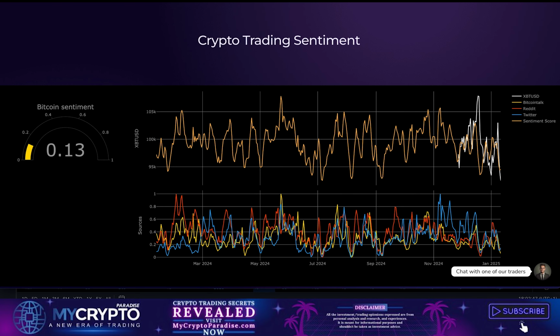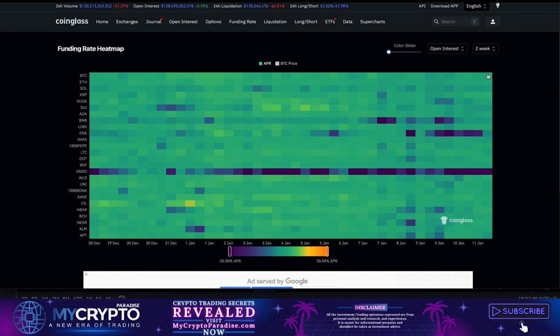And also just take a look at the funding rates heat map. You can see it's beautifully green. Even some altcoins are extremely negative like Ondo, Ina and some other ones as well. So these are actually the best candidates to make most of the profits once we start getting the reversal.